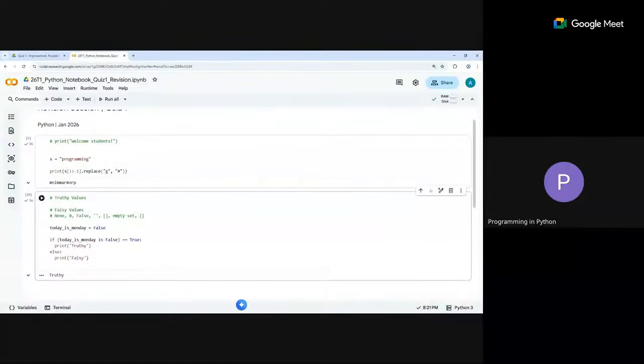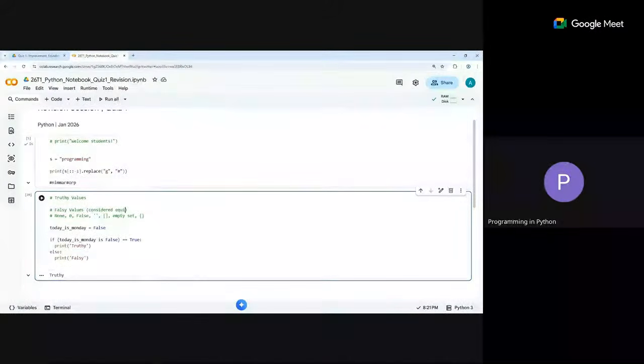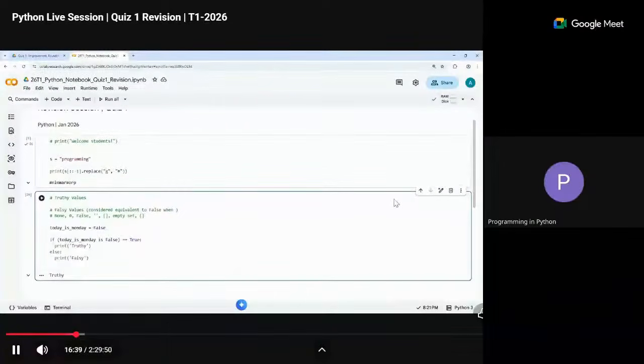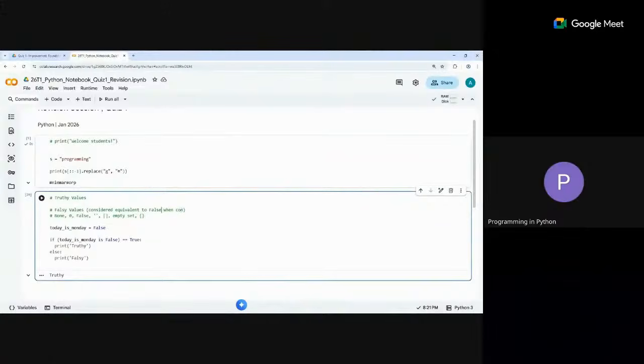So that is with respect to boolean values themselves. Now you can extend it to truthy and falsy values. Whatever is a falsy value in the if statement is considered as false. I'll just write that down also, just to be clear. This is equivalent to false when considered, even though it is not a boolean. See, this none is not a boolean, right? 0 is not a boolean itself.